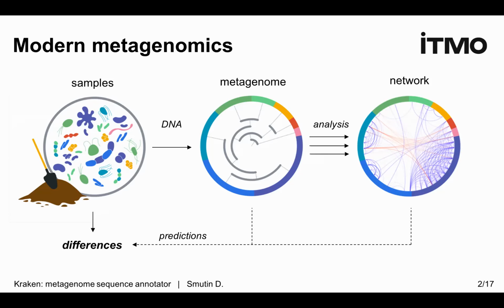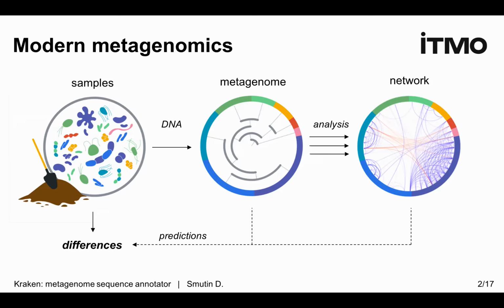By analyzing it, we can find the network between some species, and then we can create some predictions about differences between samples. We can generate different models, including machine learning models based on that. We can predict different diseases using modern metagenomics, and a lot of other interesting things. But always one of the most important ideas of metagenomics is to just explore the microbiome. And to do it, we try to classify the metagenome in a nutshell and try to measure the accuracy of the prediction.